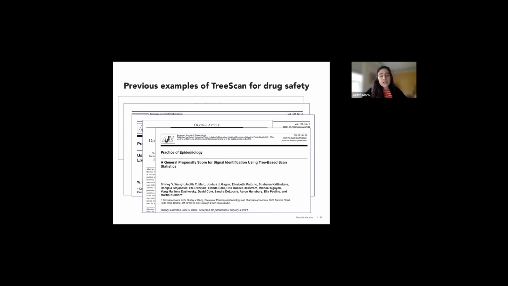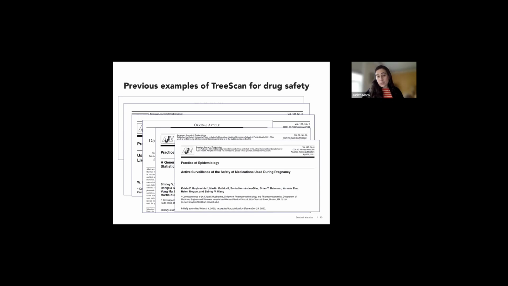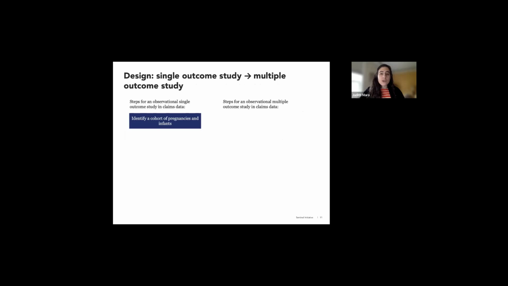And it's been used to try to bring the propensity score adjustment into tree scan in several ways. And then it's also been used by other folks. Krista Hubrechts and her group have also done active surveillance of safety of medications during pregnancy. So again, this is just a slide to go through what are the differences between a signal identification study